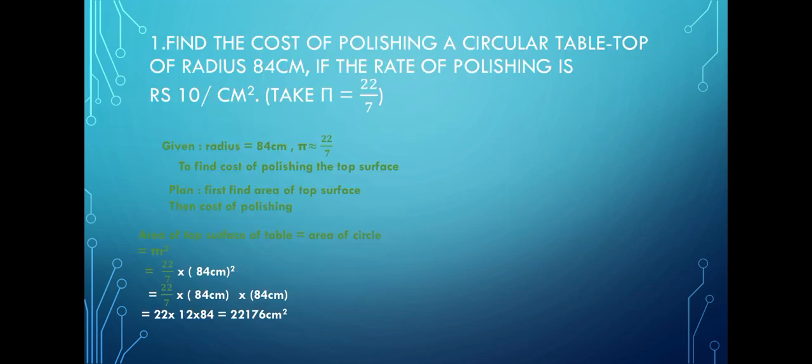Now find the cost of polishing a circular tabletop of radius 84 centimeter if the rate of polishing is rupees 10 per centimeter square. Given radius equals 84 and pi is equal to 22/7. To find the cost of polishing the top surface, you have to plan: first find the area of the top surface, then the cost of polishing. Area of top surface of the table is equal to area of circle, that is equal to pi r squared, 22/7 multiplied by 84 multiplied by 84. Simplify 7 with 84, 22 multiplied by 12 multiplied by 84, that is equal to